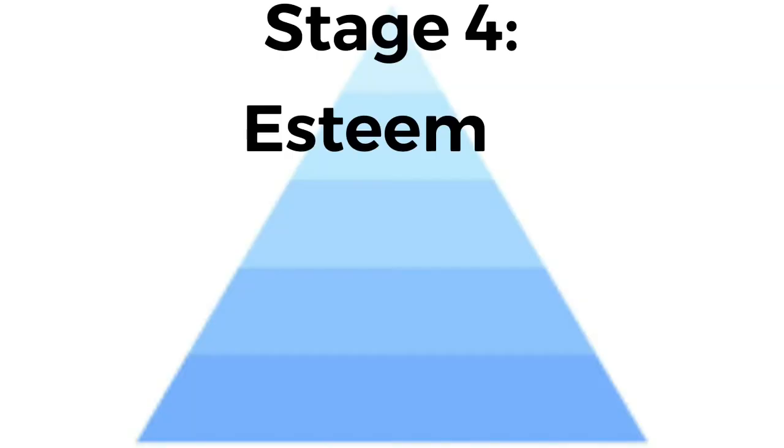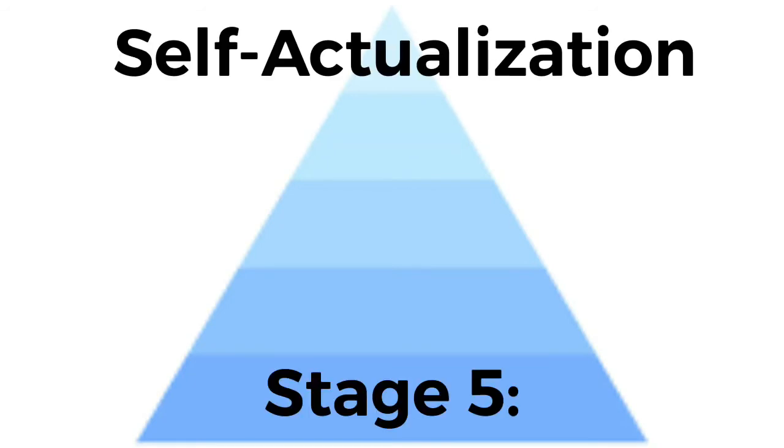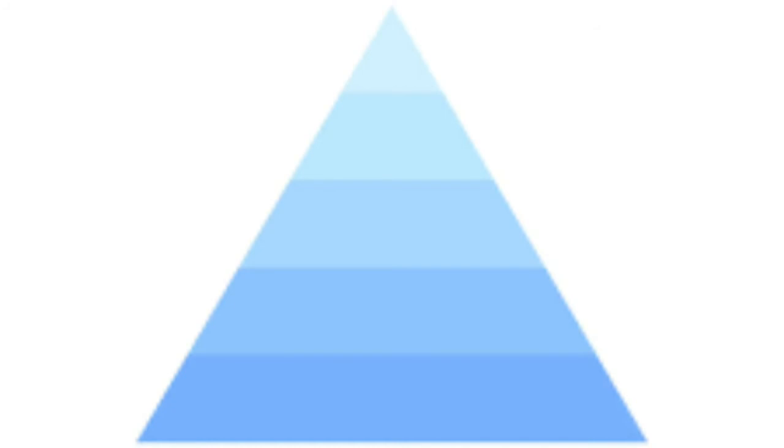Stage 4, esteem. Esteem means self-worth and accomplishment. Stage 5, self-actualization. The highest tier is the pinnacle of man's life. He achieves this through reaching his fullest potential and capacity, personal growth, and peak experience. In 2 words, total fulfillment. Now that we have our basic pyramid, we can apply it to the novel Frankenstein.